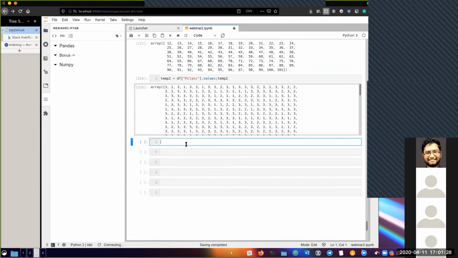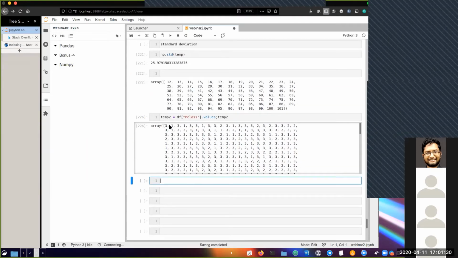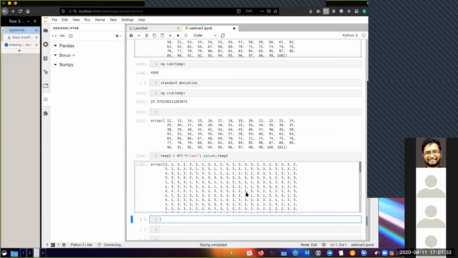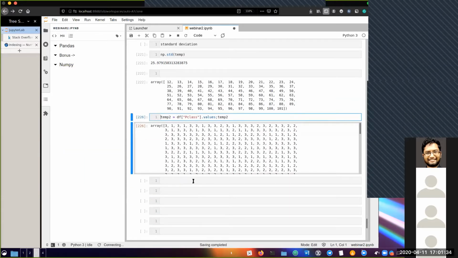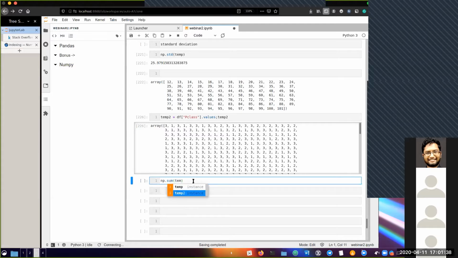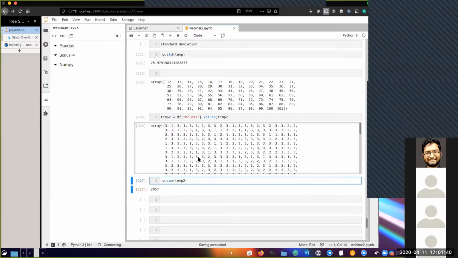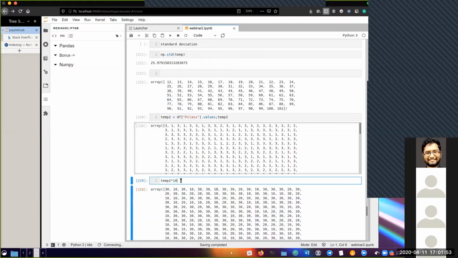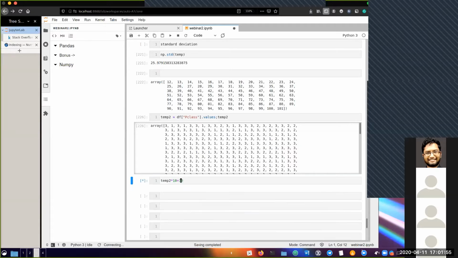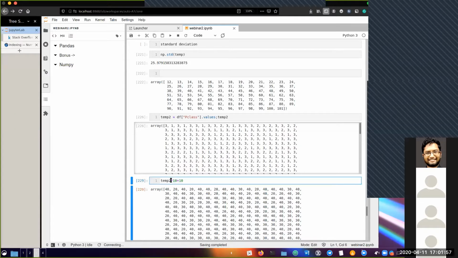So if you want to perform anything from here, now remember this is part of our data analysis. So if you see, it becomes extremely easy if I just want to do a sum of this. Honestly, doing a sum here makes no sense, but just as an example. Likewise, if I want to add a constant number, or if I want to multiply this whole thing by a number, or do anything for that matter. If you see, I don't have to write a loop.